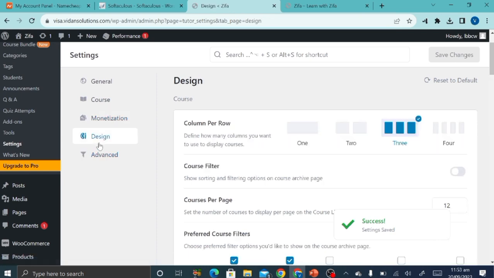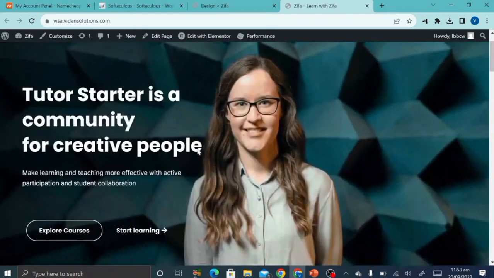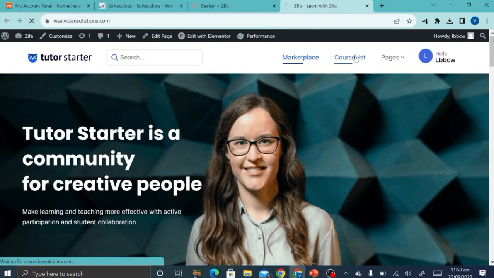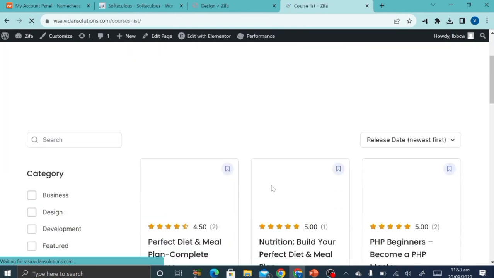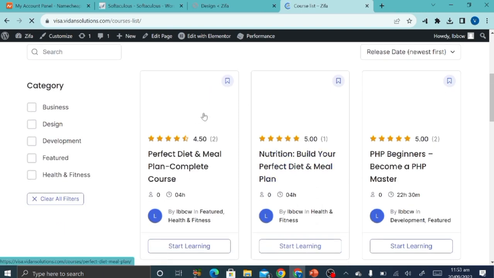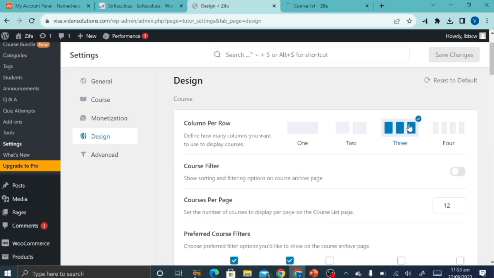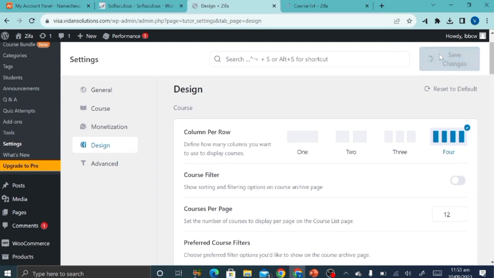So we have to talk about the design. Okay, so what is your course column? Let me show you this. All right, so if you come to your course list, you see that there are 1, 2, 3 columns on the list. Now that's what this is telling you. You can make it a 4. So if you click on 4 and you click on save changes,